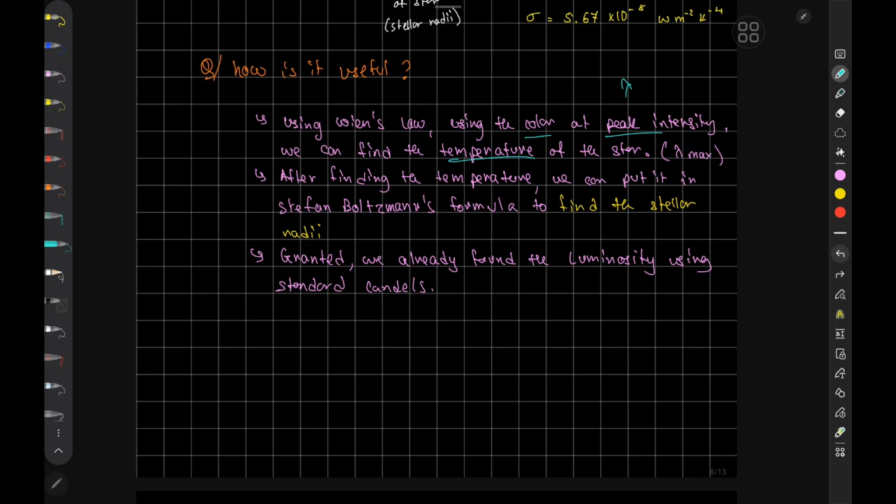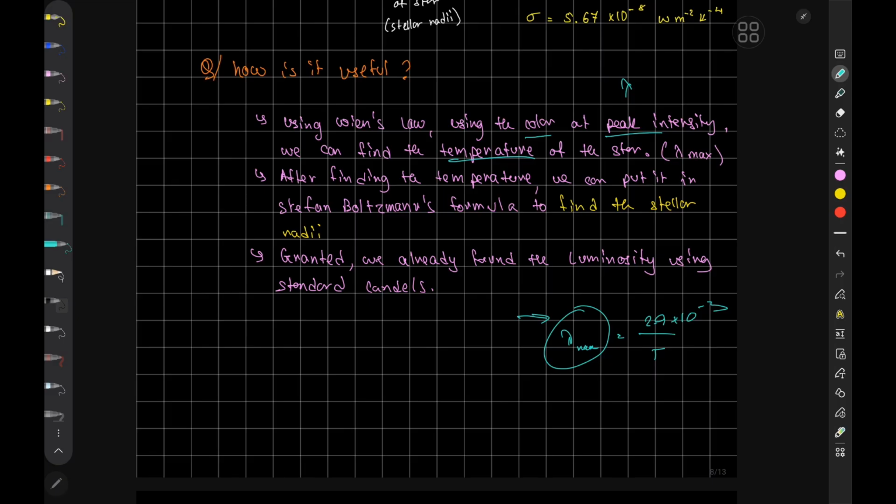So lambda max is equal to 1 by T. You know the lambda max because you get a graph from the observation that you make. So you get a black body radiation curve. You equate the lambda max to this formula,